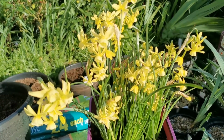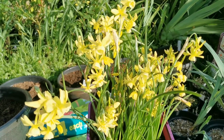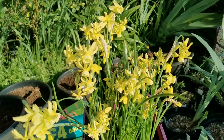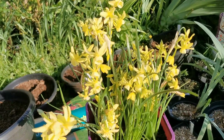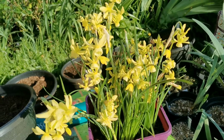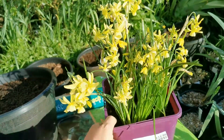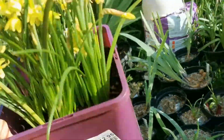The plant also is quite small. It's about 20-25 centimeters tall. So I think in a pot it will work great, or if you want to put it in a border where you're able to weed it properly. However, this is definitely one of my less favorite narcissi I have in the garden. Going on,